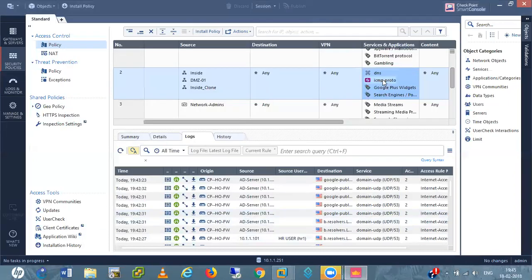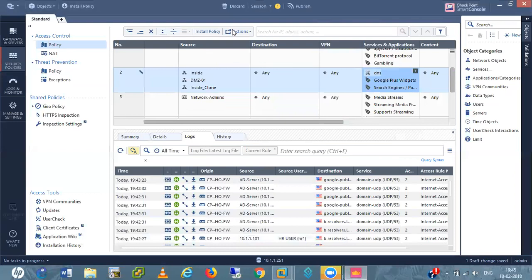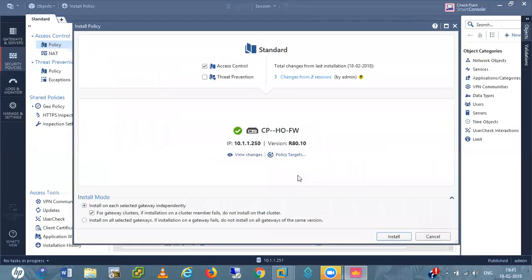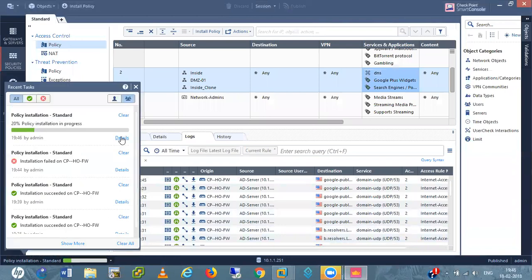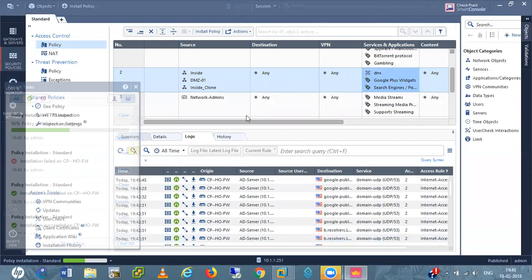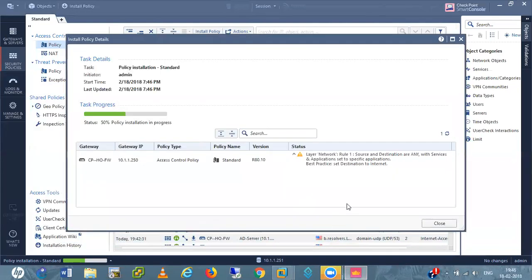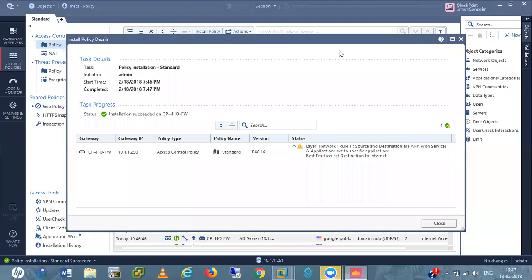So let me remove the ICMP from here and install the policy again. Policy installation has succeeded now.